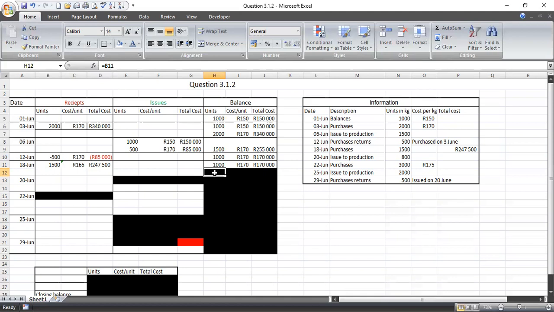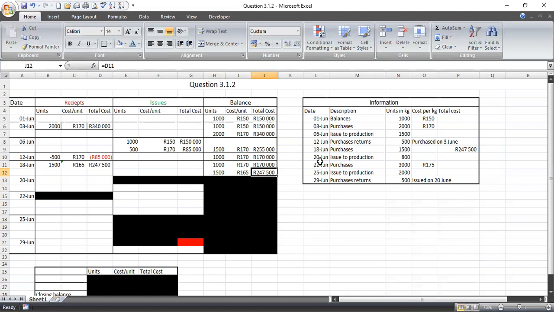So we made purchases of 1,500 at a cost of 165 and at a total cost of 247,500. Now that we have calculated our balance, we can move over to our next transaction,